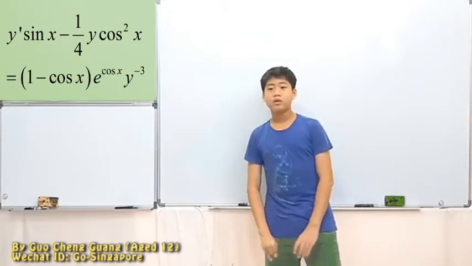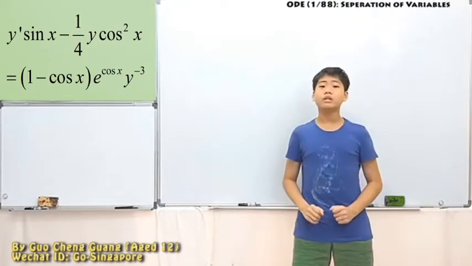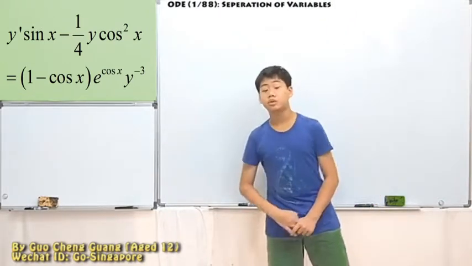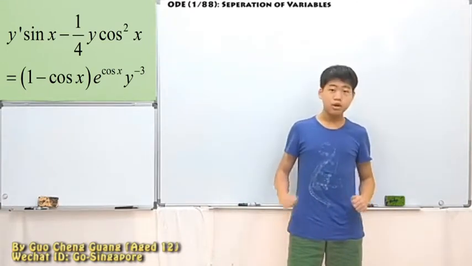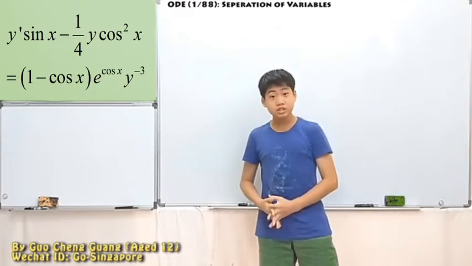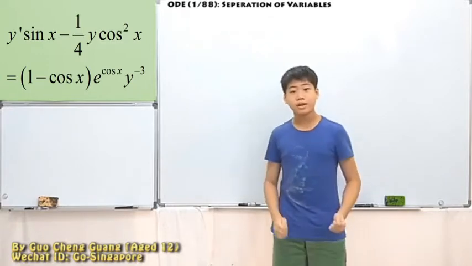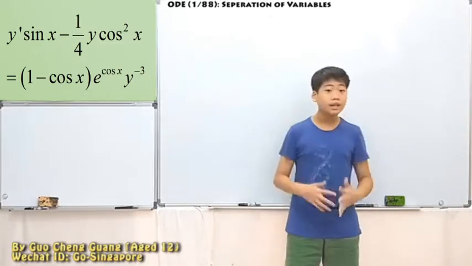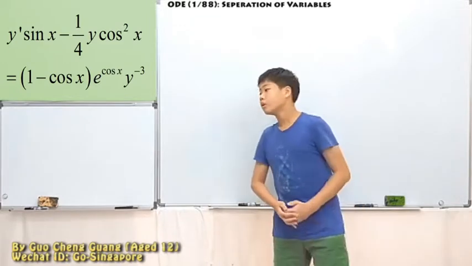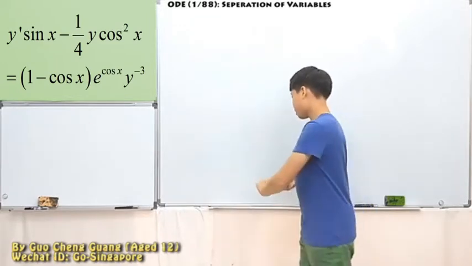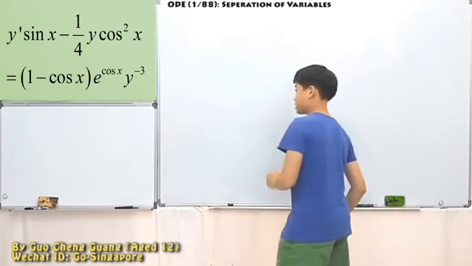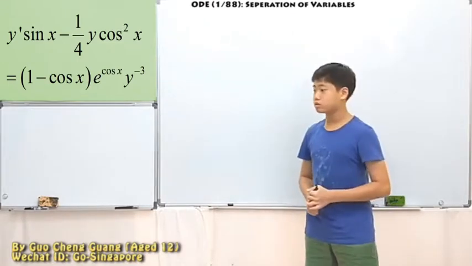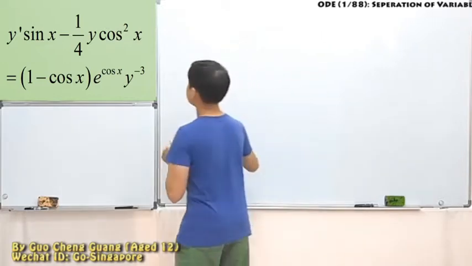For this time, we're still at ordinary differential equations. But in ordinary differential equations, we do have many different methods. Each of these different methods, we're going to use exemplification to show us how we can use these methods, different combinations of these methods. Okay, so let's take a look at what type of example we have now and what type of method we are going to use. Okay, so for this example is